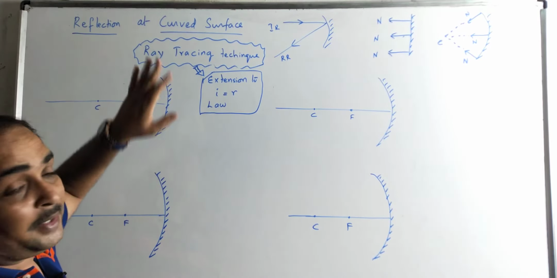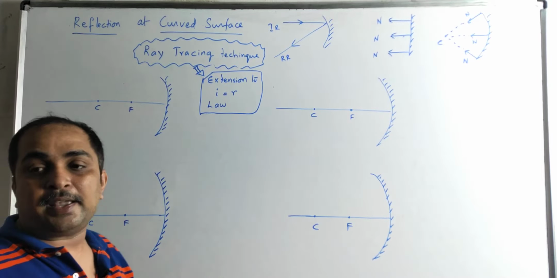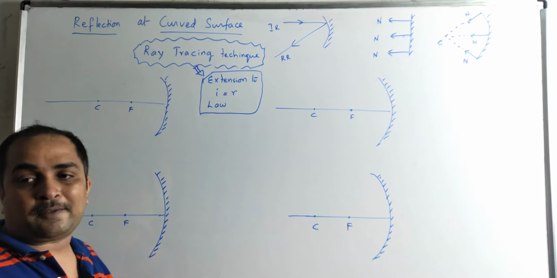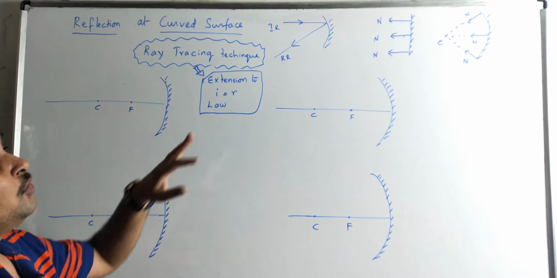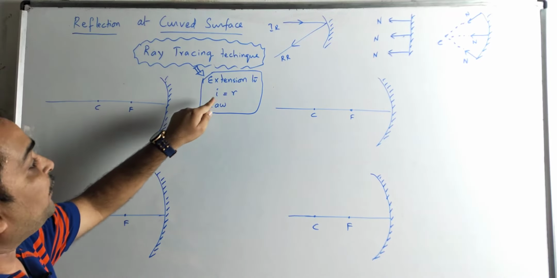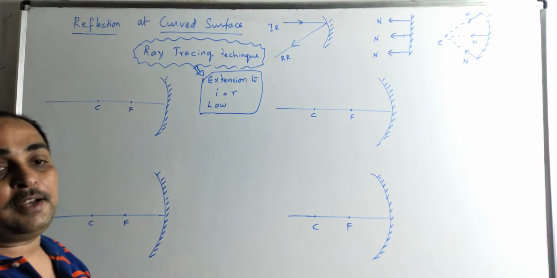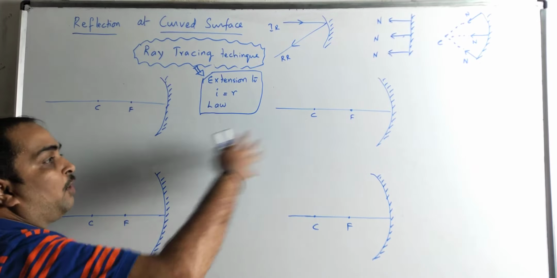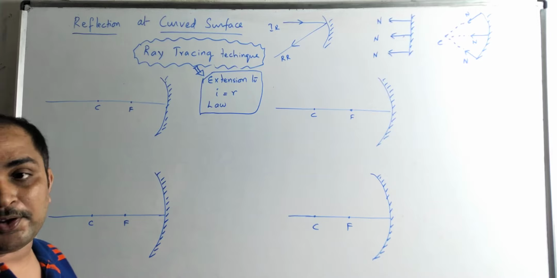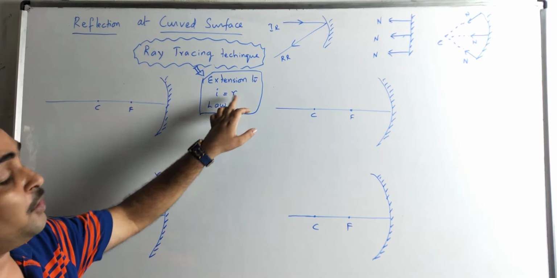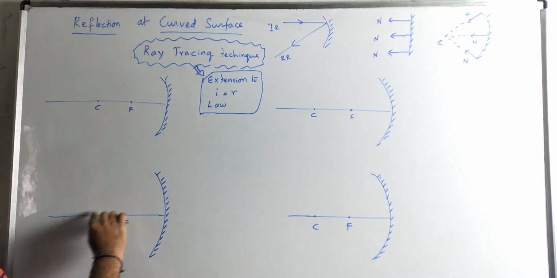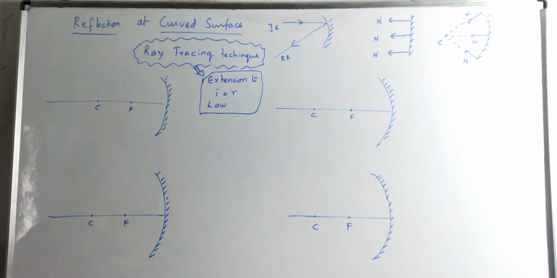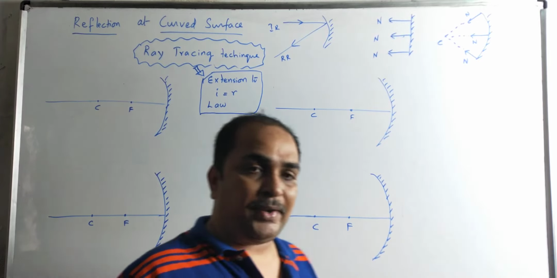Now we have to do something called ray tracing techniques. There are 4 ray tracing techniques. Every student must know. We use any 2 of them according to the requirements in future. So presently, what is a ray tracing technique? Whatever is happening here, instead of doing with angle of incidence is equal to angle of reflection, we learn it in form of some sentences. Basically it's an extension of a law. I'll explain every one of them, but it's just an extension of angle I is equal to angle R. Whatever normal you draw from the center of curvature, that is a normal. But what happens to the ray when it is coming in different ways? That will be covered in ray tracing techniques.